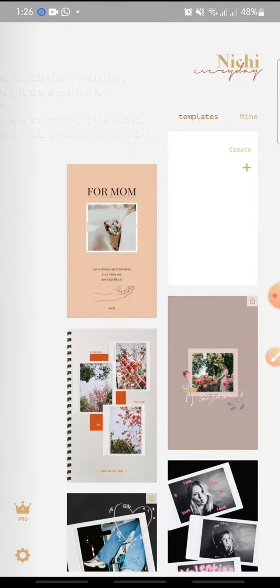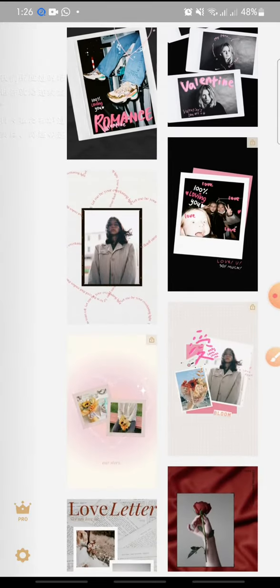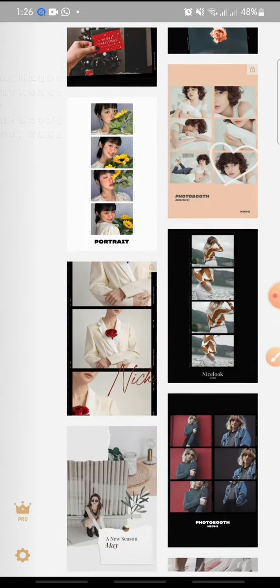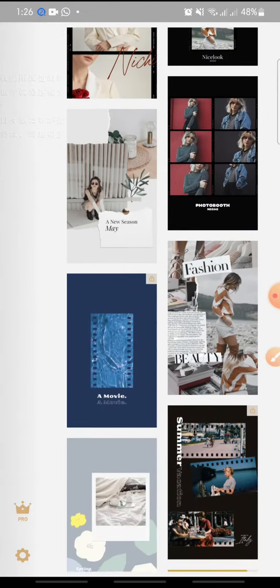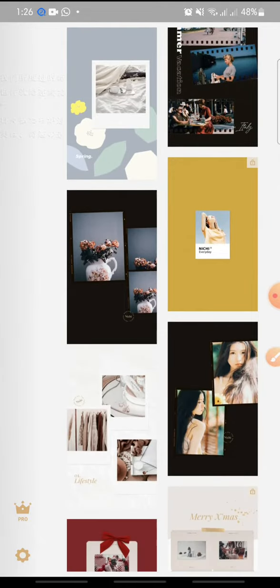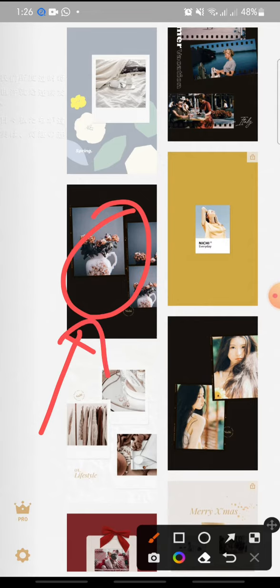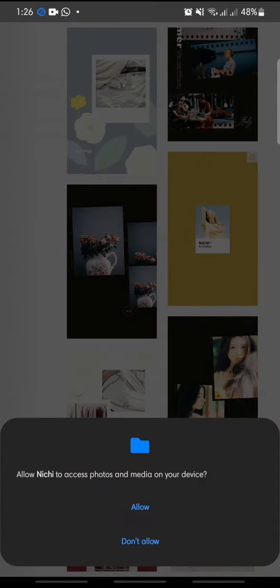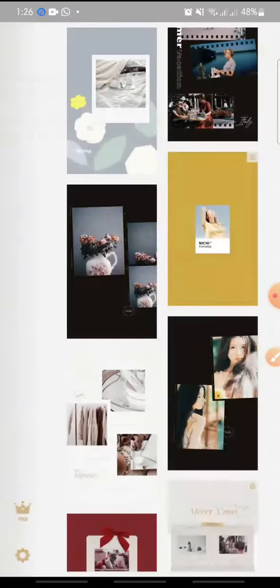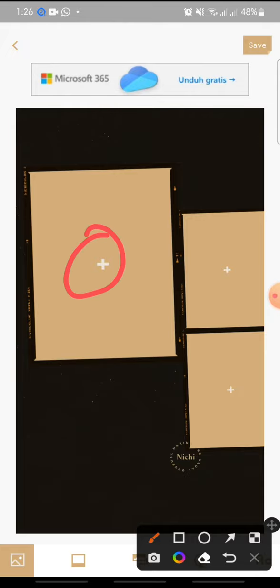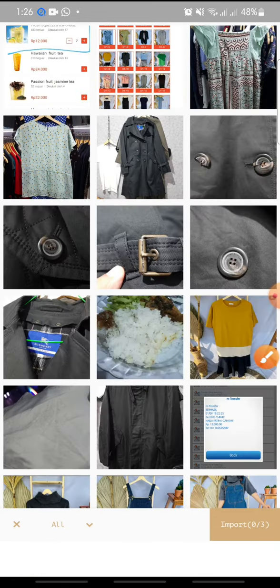And then at the Nichi apps, you can use the template to edit your photos. In here, you can choose the template that you want. I wanna try to add this template, so you just click on it. Okay, in here you just click on allow. Okay, waiting, and after this, in here you just click on this plus button, and then you can choose the